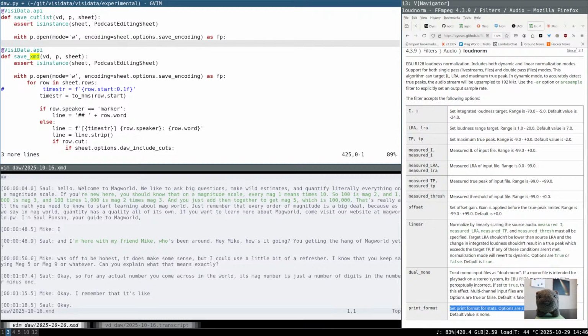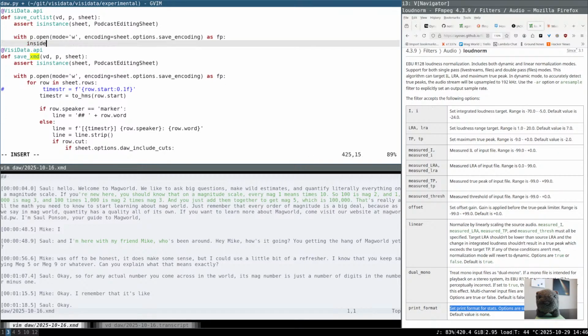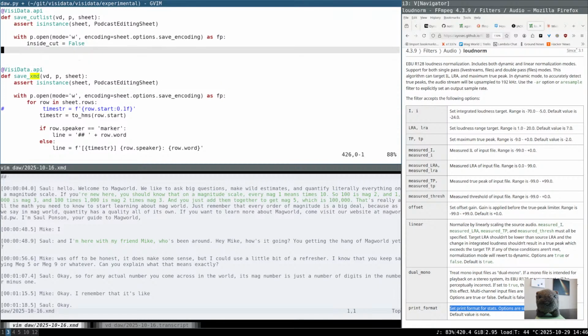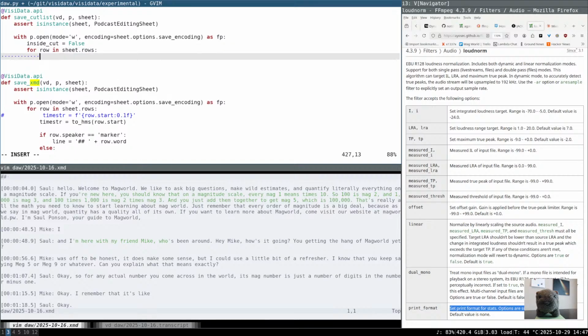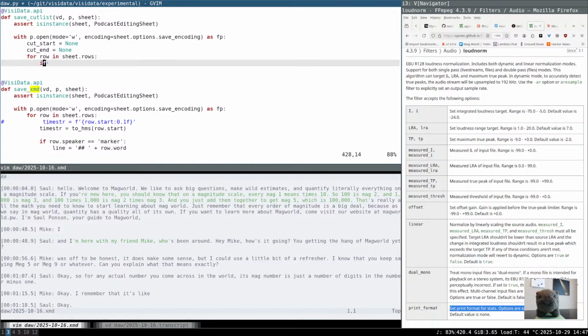So given that I want to do that, I think I might add an inside cut. Then we're going to iterate through the rows. Actually, it's going to be a cut start, and this is going to be a time, equals none. It's not great, but I guess it's fine. And then cut end equals none. So if row.cut,